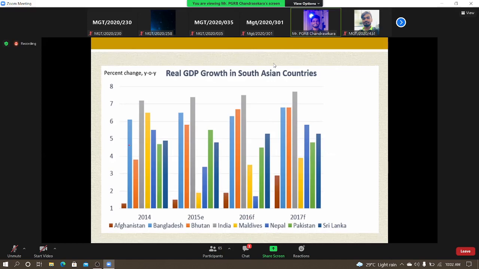Nepal, see, this much to this much. Huge change, and then again in 2016 also changing, but in 2017 they have achieved a highest one. Pakistan, green color, see, they fluctuated a bit, like this. Sri Lanka,